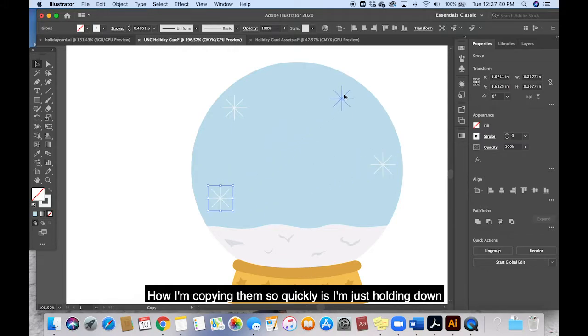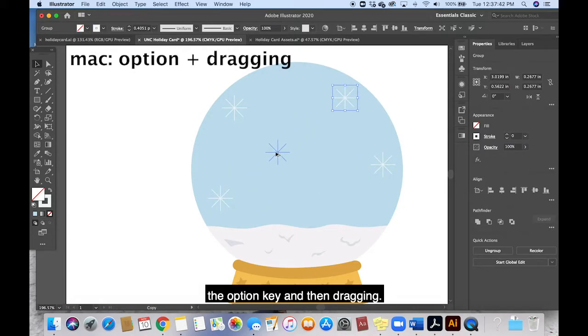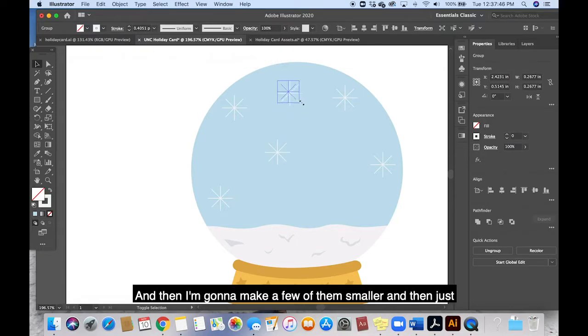How I'm copying them so quickly is I'm just holding down the Option key and then dragging. And then I'm going to make a few of them smaller and then just readjust their size so it looks a little bit more natural. How I make them the same size without adjusting the height and width of the snowflake is by holding down